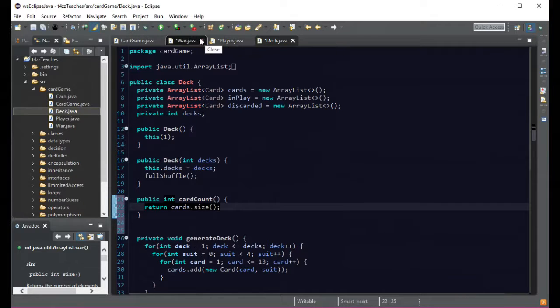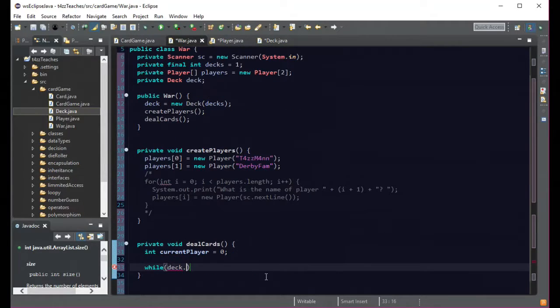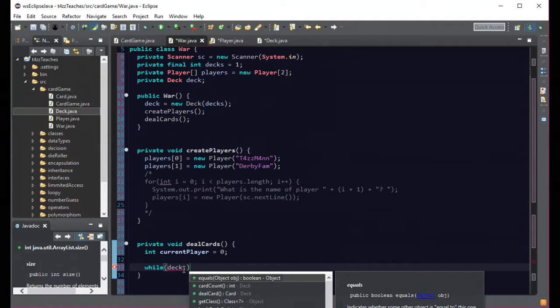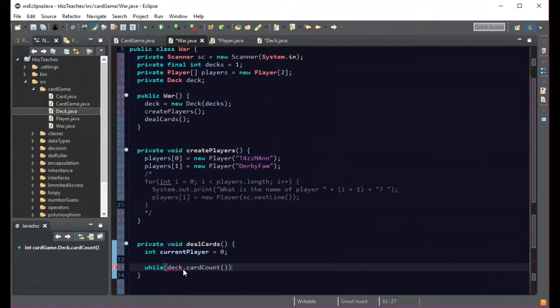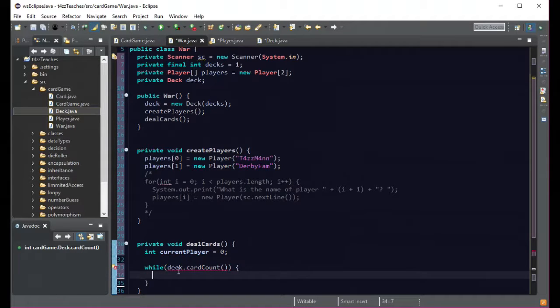So now in here, in our war, where we're doing deck dot, and now you can see we have our card count. So this is going to check how many cards there are in the deck each time, and if that hits 0, because while there are cards, it's going to continue. So now what we want to do is deal out a card to a player, and then